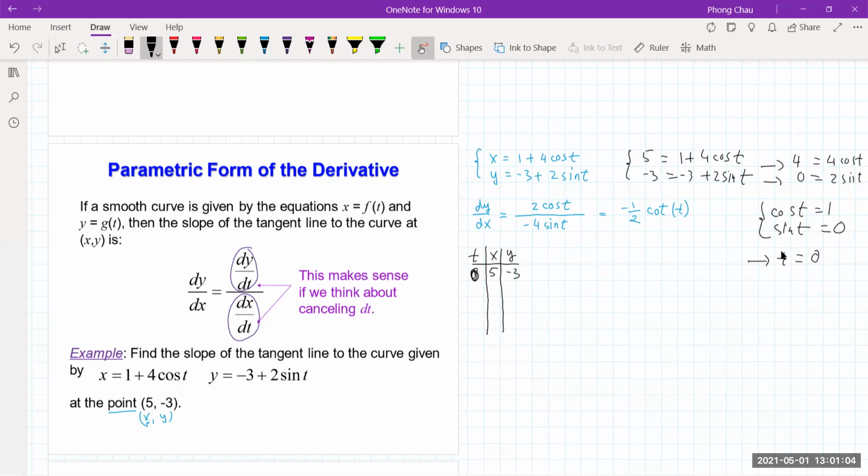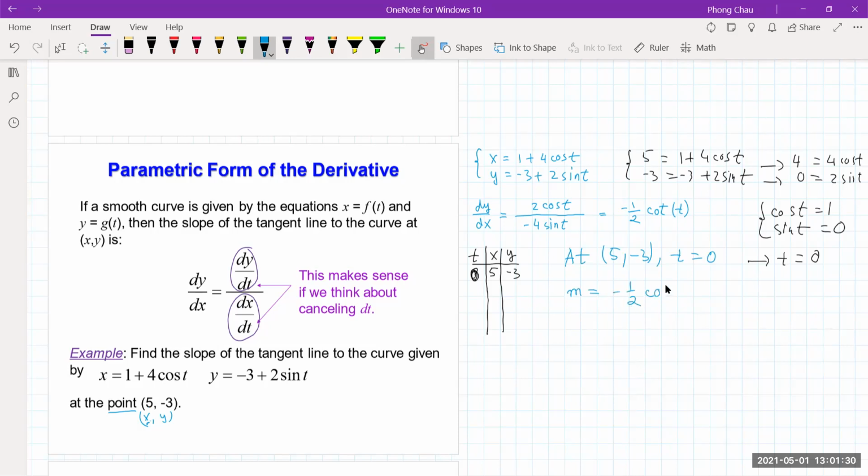So that is where I'm plugging in. At the point (5, -3), the t value is 0, and therefore the slope of the tangent there will be -1/2